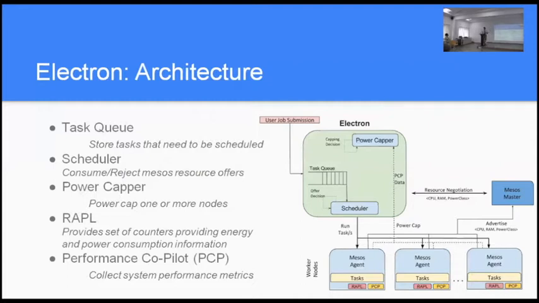So the way we want to do this is to make sure that applications don't peak at the same time. We want to look at these applications and make sure that they are peaking at different times. So maybe you can schedule something 5 seconds late or 2 seconds late, or try to find the good co-runners of different applications. Now remember that if you have lots of applications and they all have power profiles, every possible combination cannot be tried out. So it has to be a heuristic mechanism that we use.